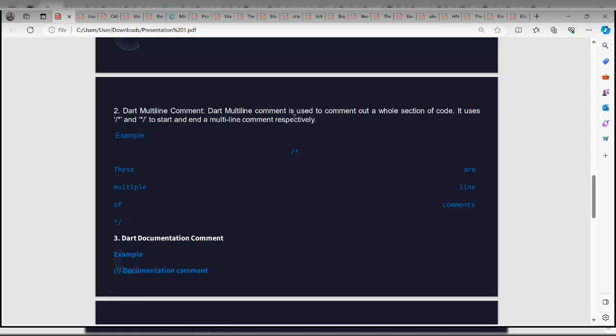It uses a forward slash and an asterisk when starting the comment, and an asterisk with a forward slash after it to end a multi-line comment. So here we have an example. Then lastly, the documentation comment. It starts with three forward slashes, then every text after it.